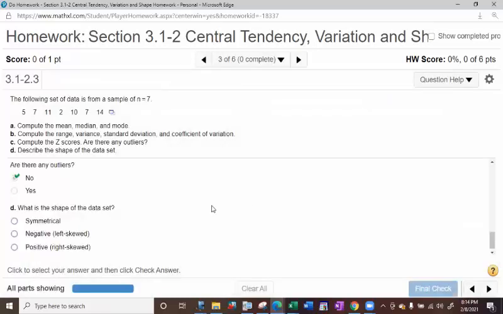Now, oh yeah, I didn't talk about this being negative and positive skewed. That's okay, you don't have to worry about it. It's telling you right here. Left skewed is called negative skewed actually, and right skewed is called positive. I wouldn't worry too much about that. Now we have to go back to